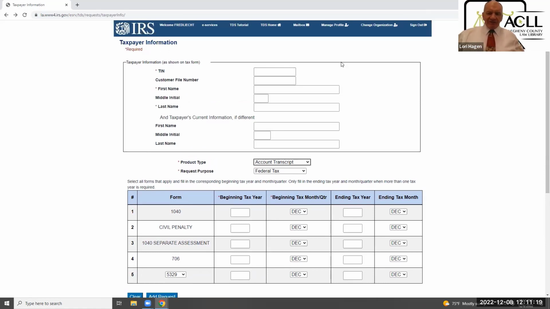oftentimes anybody that's in my profession dealing a lot with the Internal Revenue Service, you can get really frustrated with dealing with the Internal Revenue Service. You can get really frustrated. And one of the ways I used to be able to provide more services than other people, because I used to make a lot of use with the IRS hotline. And with the hotline, I was able to